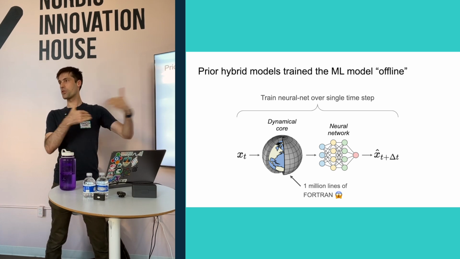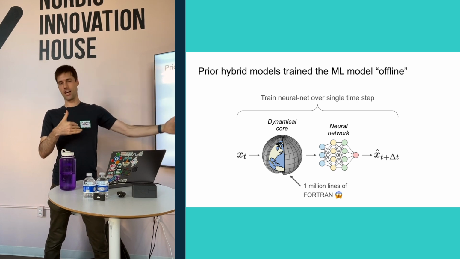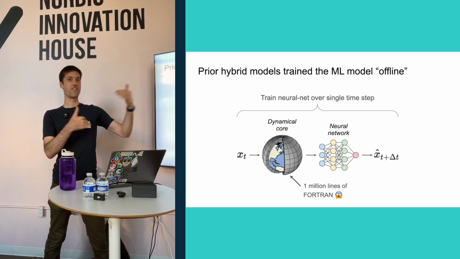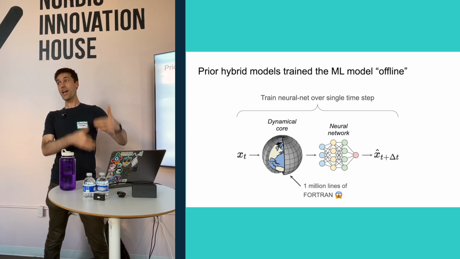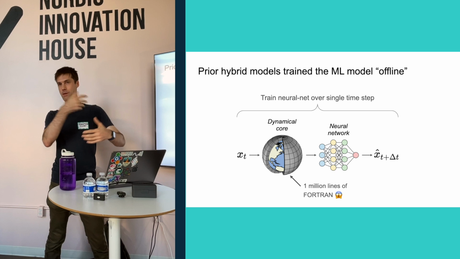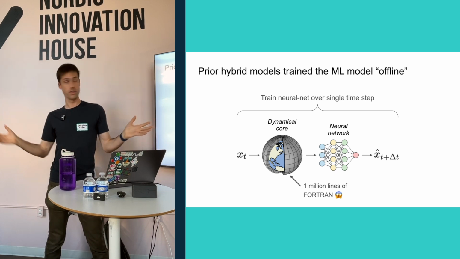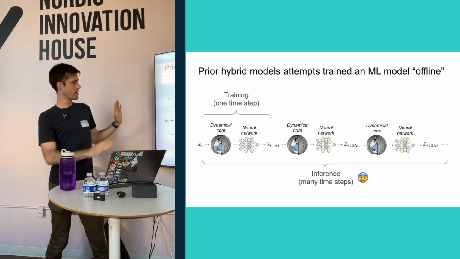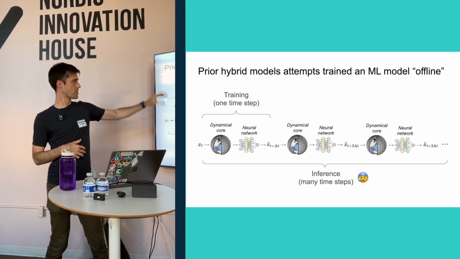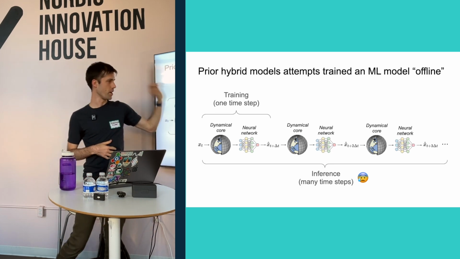A typical weather model might predict forward 5 minutes at a time. But what you actually care about is not 5 minutes forward in time. You care about maybe 5-10 days. Actually, for a climate model, 5 years, 10 years, 20 years. And that means that when you use these models, there's this gap between what you trained for and what you're doing at inference time.